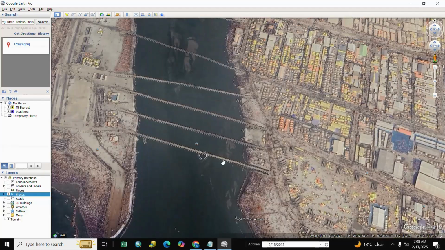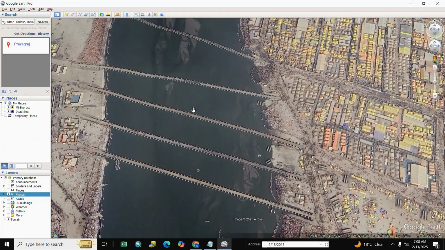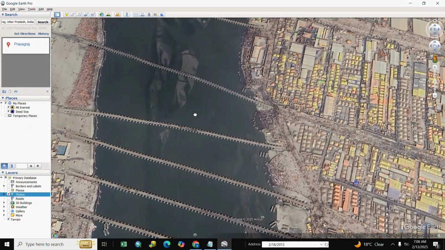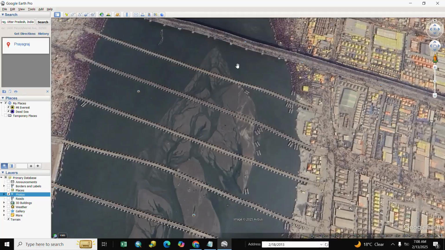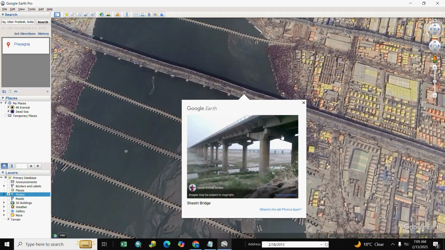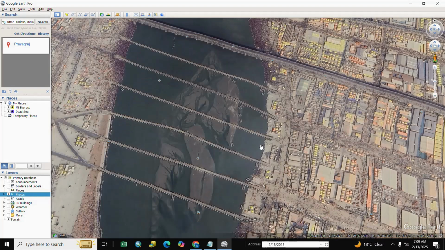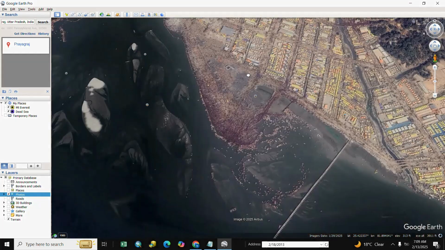Here is the temporary pool, all temporary pools for the Kumbh area, and its bridge. And if you want to see the image, here is the image, and we go to historical image.